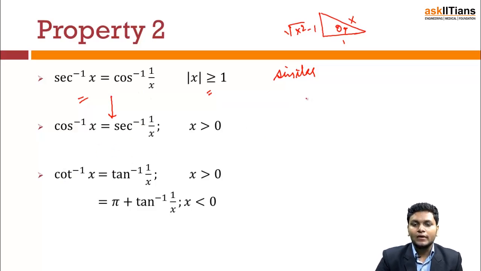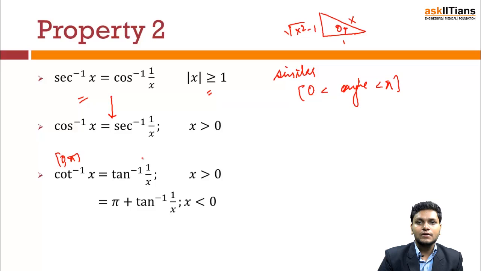See why? Cot inverse x is the range of angles which will range from 0 to pi. If I name it as angle, it will range from 0 to pi because the range of cot is 0 to pi. But if I am converting it to tan inverse, which is something from minus pi by 2 to pi by 2,